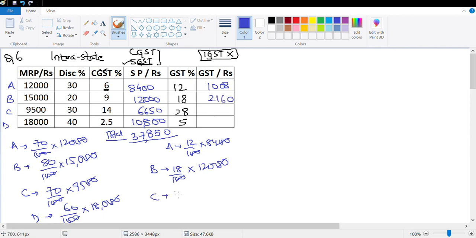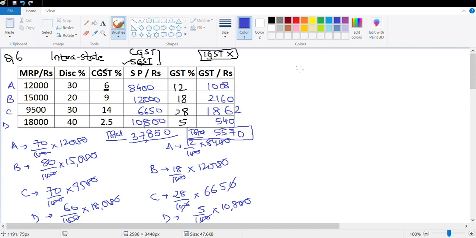For C, it will be 28% of 6650, and this is 1862. And the last one for D, it is 5% of 10,800, that's 540. So total GST, let's add them up, that's